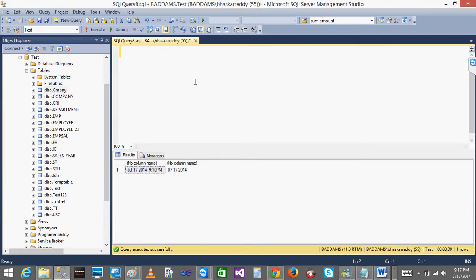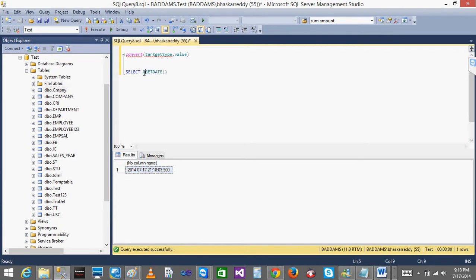So normally there are two things: CONVERT. You will give CONVERT and the target type, what type you want to convert to. After that you will give which value you need to convert. That's it. Let's see one thing. If I use SELECT GETDATE(), what happens? I'll get the current date along with the time, right? But I want to see only the date, not the time. Then I will convert this value.